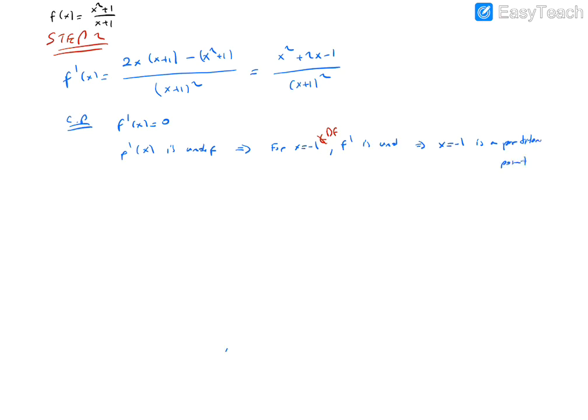Partition point. Okay, but not a critical point. Let's emphasize, not a critical point. So at that point, there is no local minimum, local maximum, etc. That means, okay, f prime equals 0 implies x squared plus 2x plus 1 over x plus 1 squared equals 0. This implies numerator equals 0.